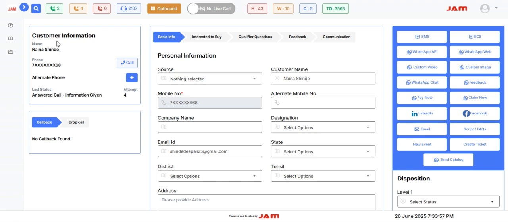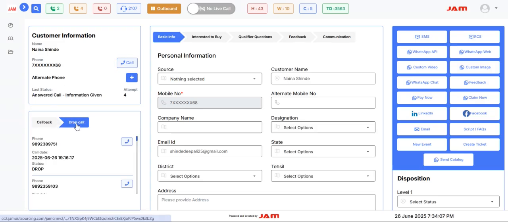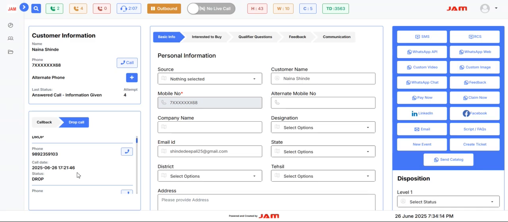Here you can see we have a customer information calling box. From here, on a click to call, the call will land to the customer. We have callback and drop call notifications, where you get a pop-up every time at the given scheduled time. This is a big box which is totally customized as per the client requirement.